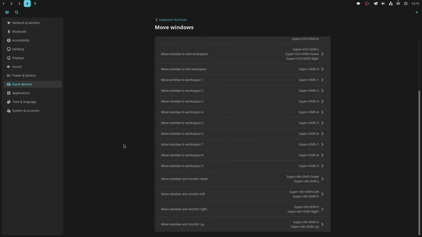What's really nice here as well is you've actually got the ability to move windows to another monitor, which I don't think you have. I can't remember. I don't think you've got that in Gnome. I may be wrong, but you can see here, move window, one monitor down, one monitor left, one monitor right, one monitor up. And this is particularly useful, for example, if you open a video in picture-in-picture and you want to move the picture-in-picture window to an external display, to your monitor on the right,